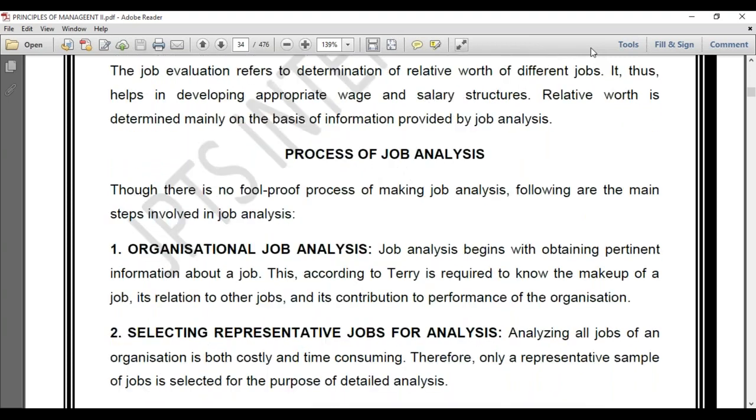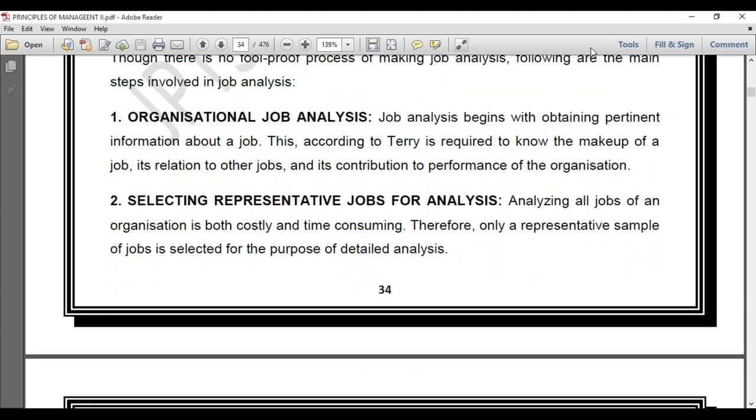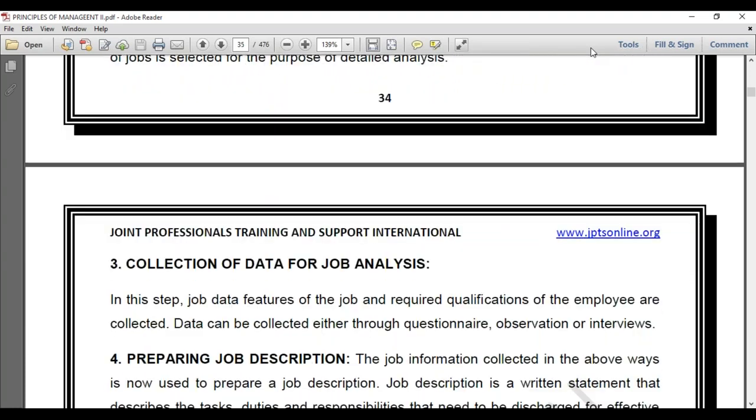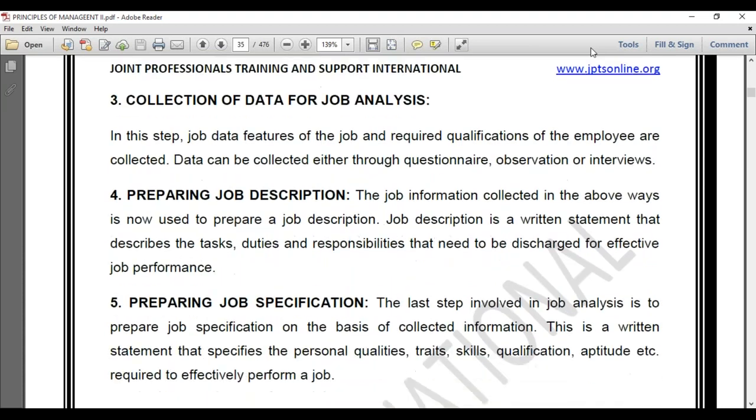Let's quickly look at the process of job analysis. It helps organizations. Job analysis deals with obtaining pertinent information about a job. It gives you the right information about the job. It helps you to select representatives for the job analysis. It also helps in collection of data for job analysis, preparing job description, preparing job specification,